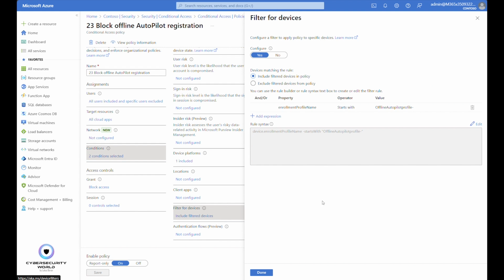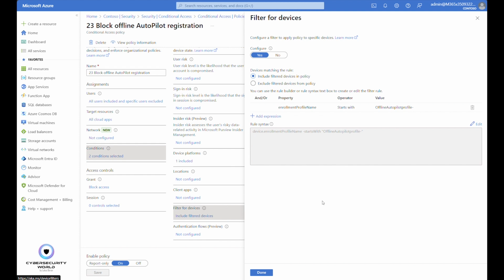The reason for this policy is it's a recent discussion or observation, because someone found that the offline autopilot profile actually is a way how you can potentially bypass some restrictions and